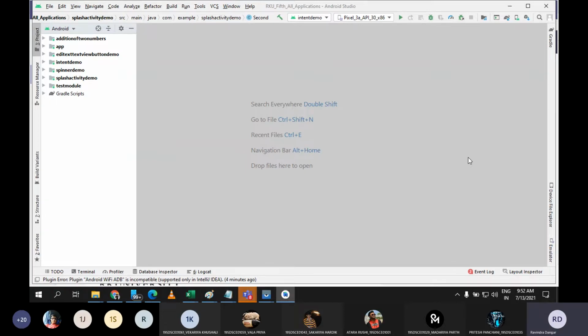Anyone? Autocorrect? No, it is not autocorrect. It is autocomplete. When we type something, suggestions come up. Very good. Correct. See, in many applications, autocorrect and suggestions are two different things. Autocorrect will give the correct spelling. Whatever wrong spelling you write, it will display the correct spelling accordingly. So AutoCompleteTextView is not for that.